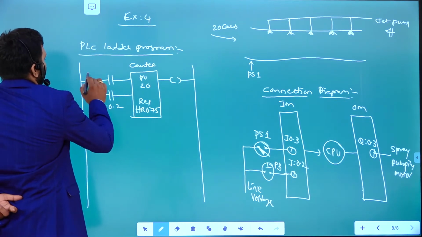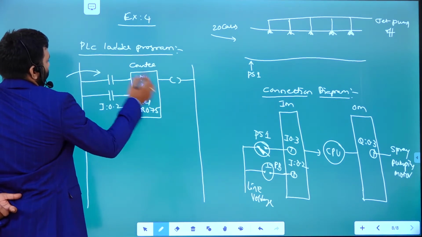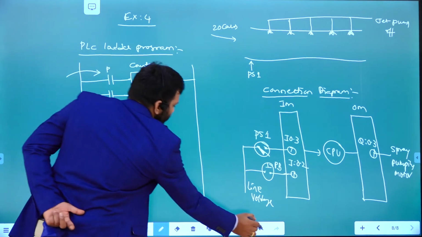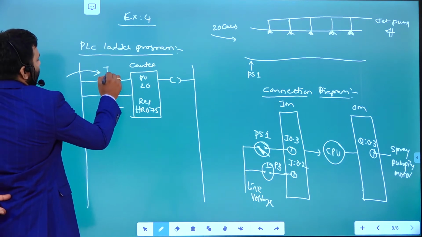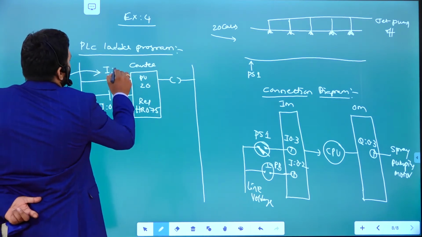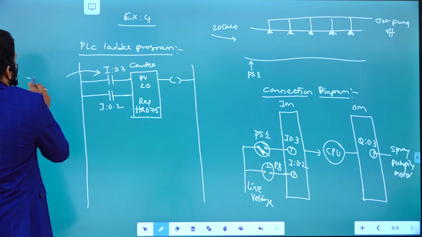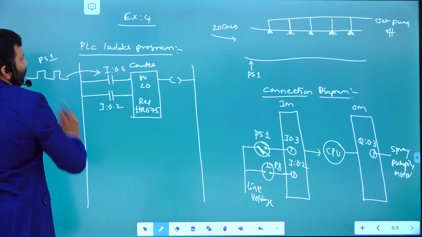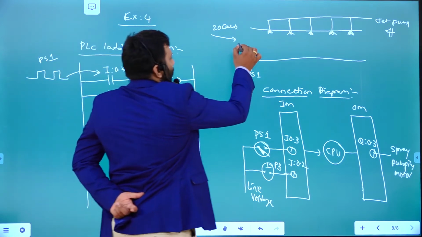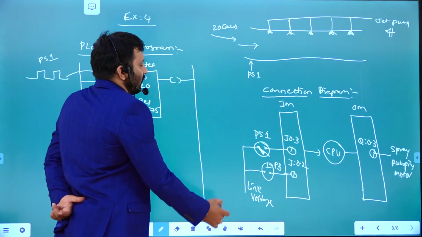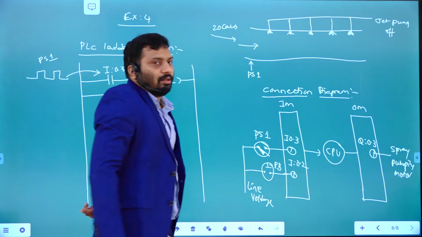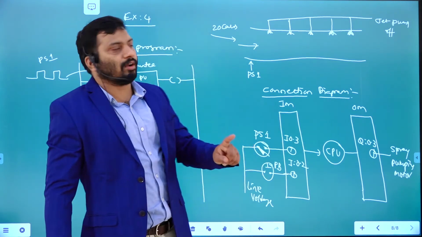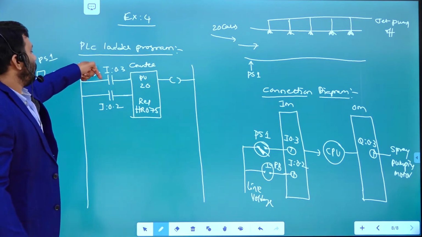So that is going to take input from the pulses of proximity sensor 1. Its address is 0.3, right? So it is going to give pulses from proximity sensor 1. That means when one car enters, it gives one pulse to terminal number 4, and the corresponding bit in the input image block is going to be 1. That is going to give activation once.